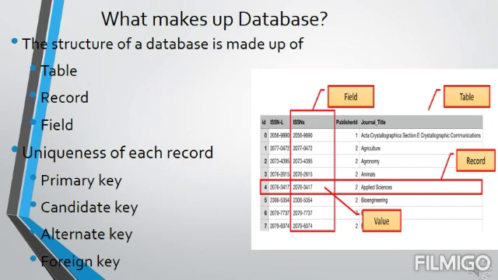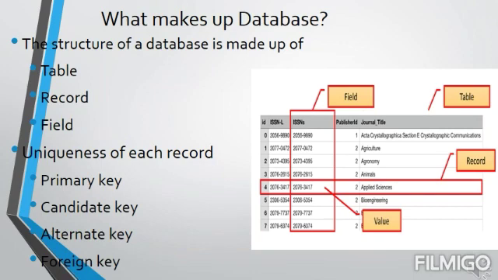So, if I take the example where a student has roll number 1, and the name for roll number 1 is, for example, Rahul Jain. So Rahul Jain will have the entire information: how many days the student was present, the personal information of the student, the name of the mother and father, the phone number of the parents, then the address of the person. This is called the record of that particular person. The same is for roll number 2, then roll number 3, and so on.